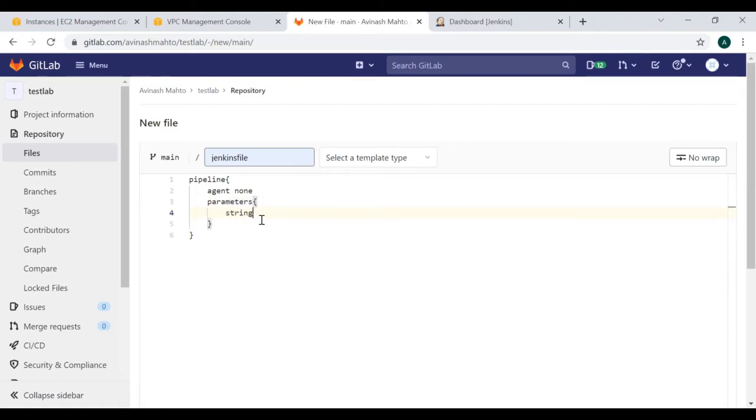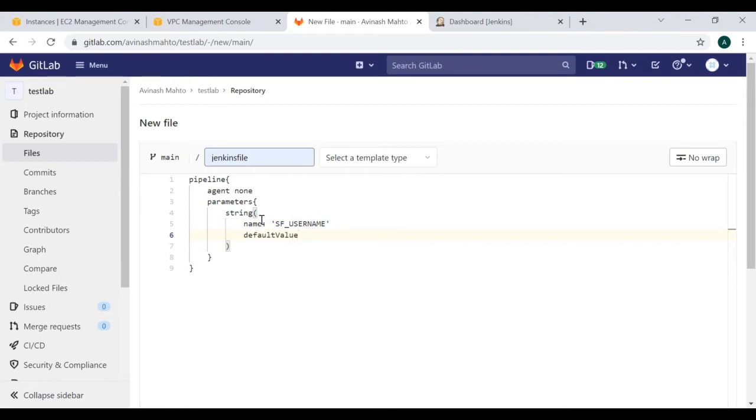And I'm going to define, let's say, string parameter here. And I'm going to give the first value name, and I say, let's suppose that it is a Salesforce username. The next section, you need to define the default value.